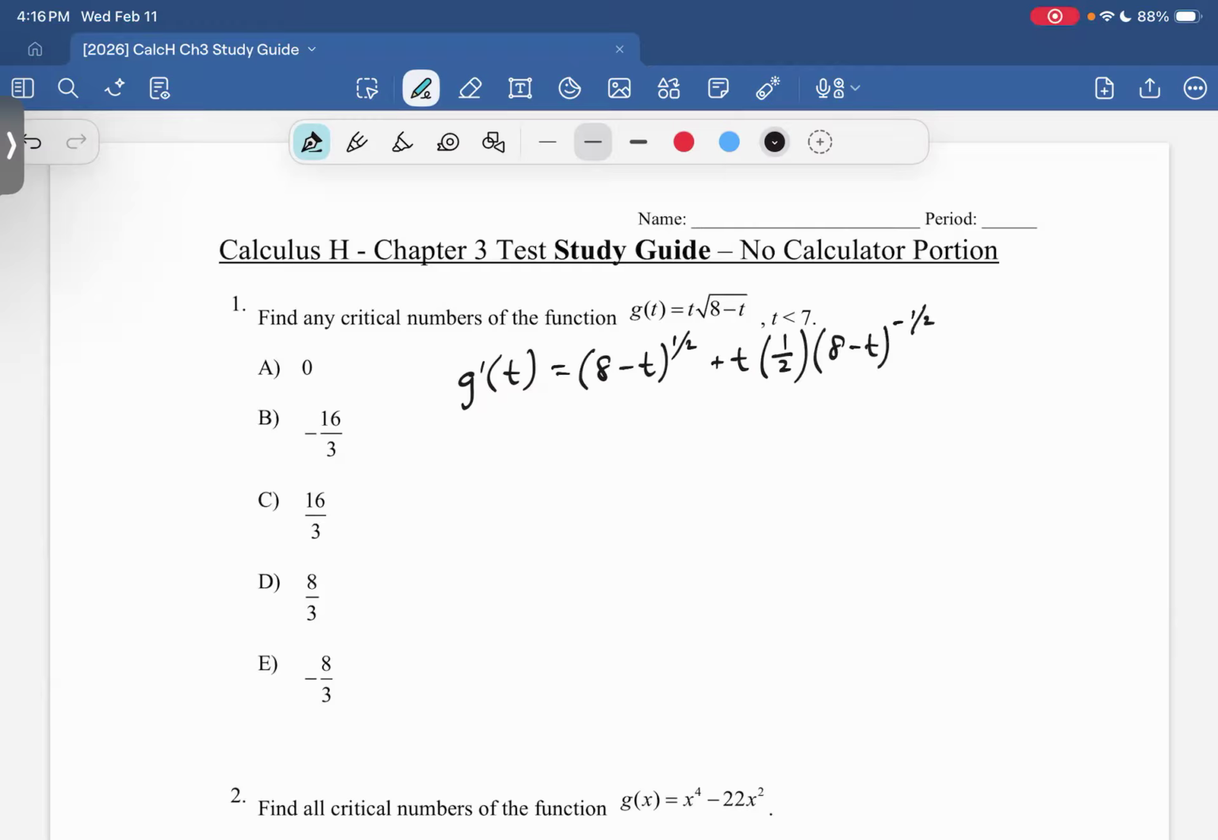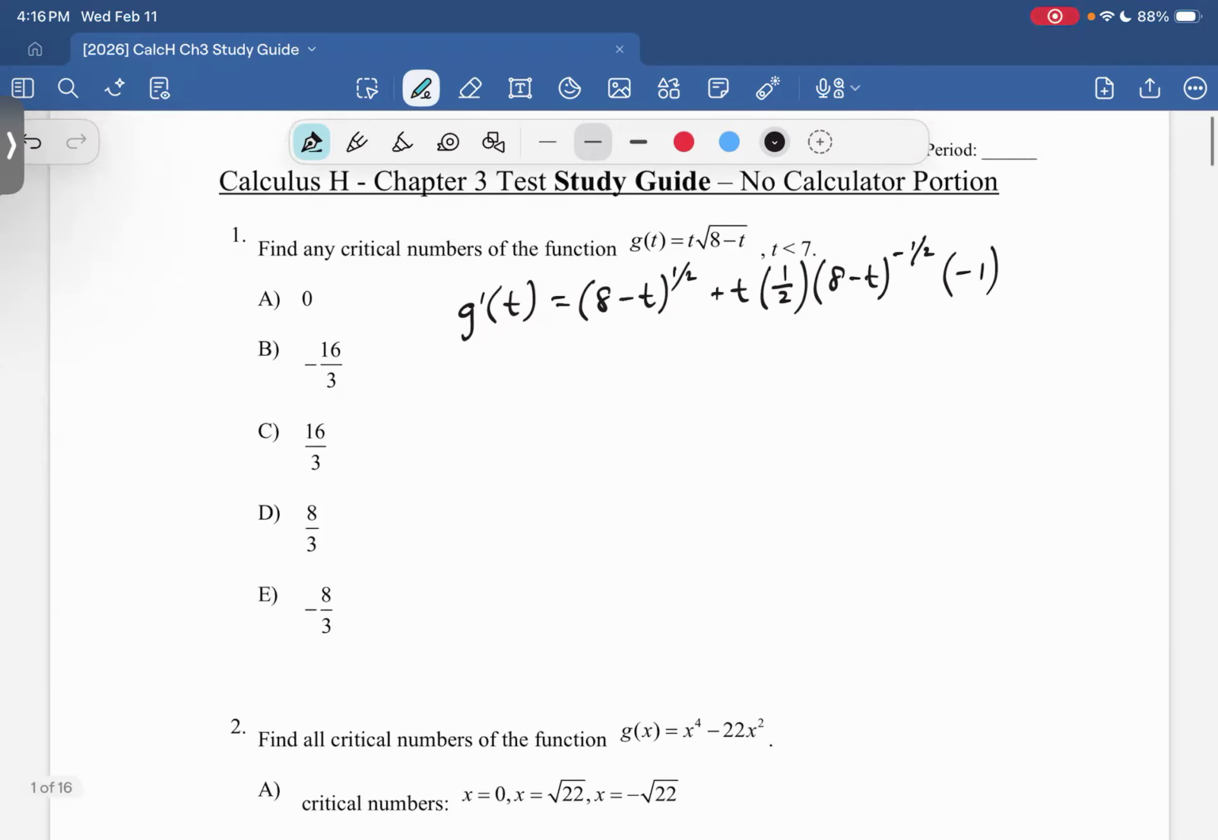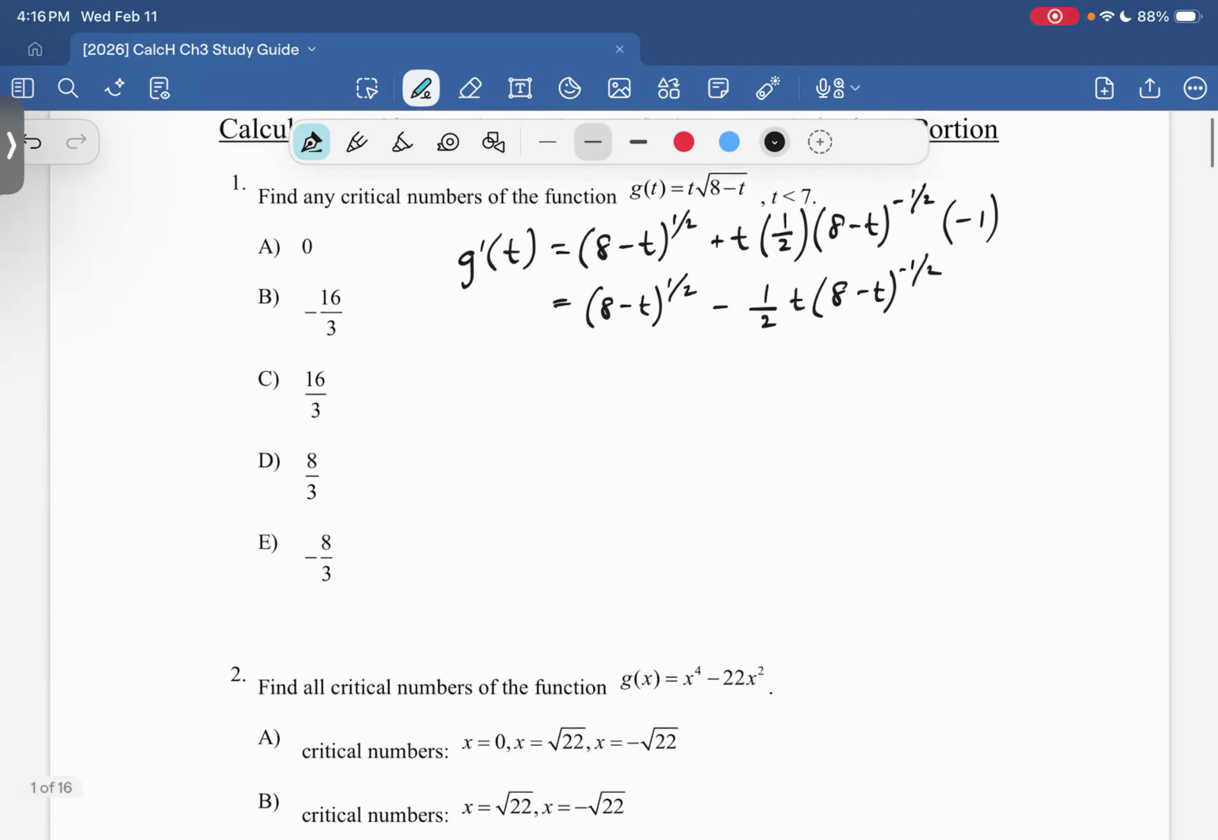This is chain rule, right? Times the derivative of 8 minus t, which is -1. All right, so if I simplify this, it's going to be 8 minus t to the 1/2 minus 1/2 t, 8 minus t to the negative half. All right, so if I set this equal to 0, then how am I going to solve for this? Maybe first you can rewrite it back into square root form. So this is square root 8 minus t minus